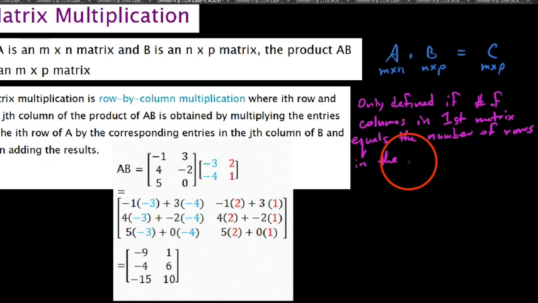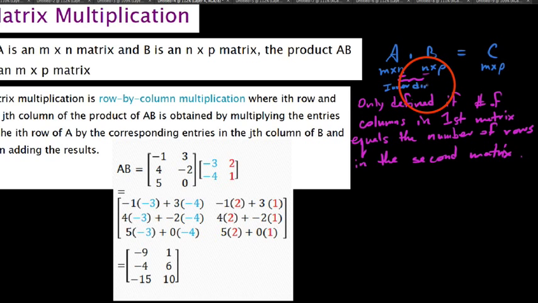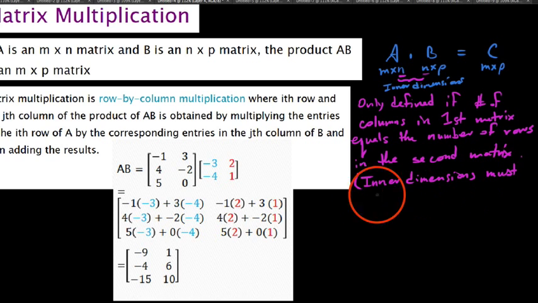If this sounds confusing, the number of columns in the first matrix is this dimension n, and the number of rows in the second matrix is this dimension n here. We're going to refer to these as the inner dimensions of these matrices when you line them up side by side. In a nutshell, inner dimensions must be the same